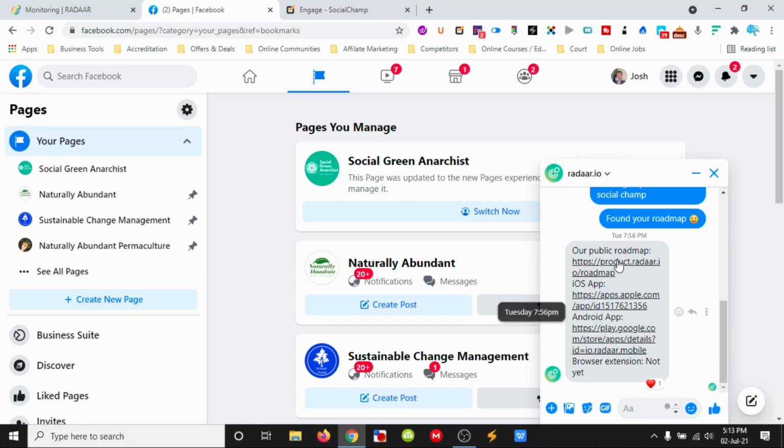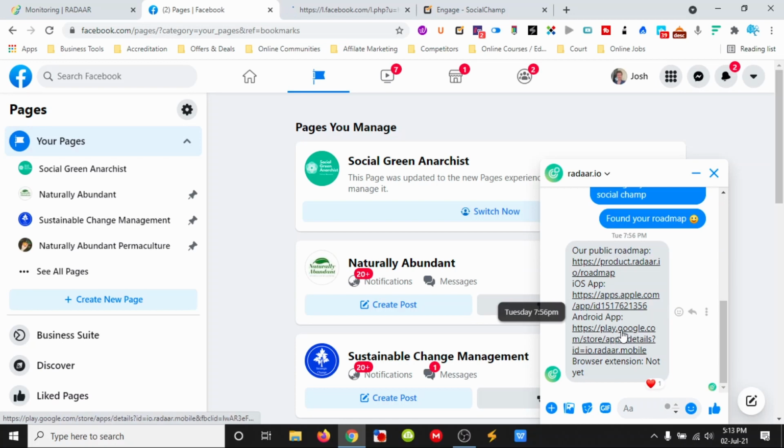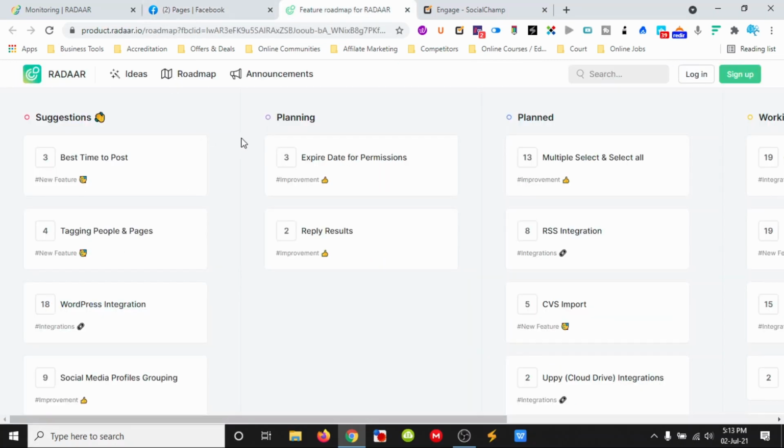So they got a public roadmap. So they got an Apple app, and they also got an Android app as well. So Social Champ has that as well. So that's good that they're on it. And then they got a public roadmap,